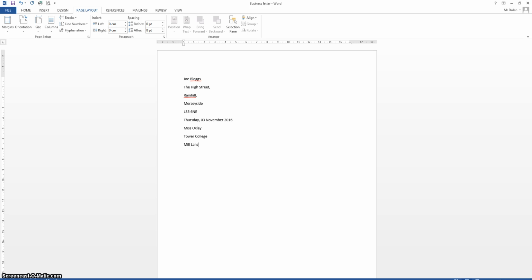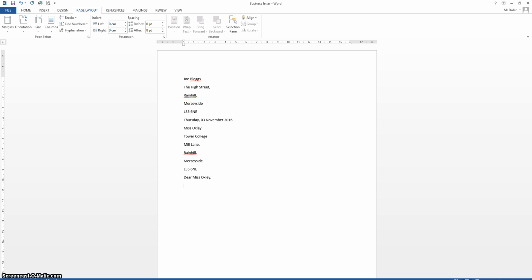Mill Lane, Rainhill, comma, return, Merseyside, again L356NE, and then I hit enter again, and I type Dear Miss Oxley, comma, hit Carriage Return, and I'm going